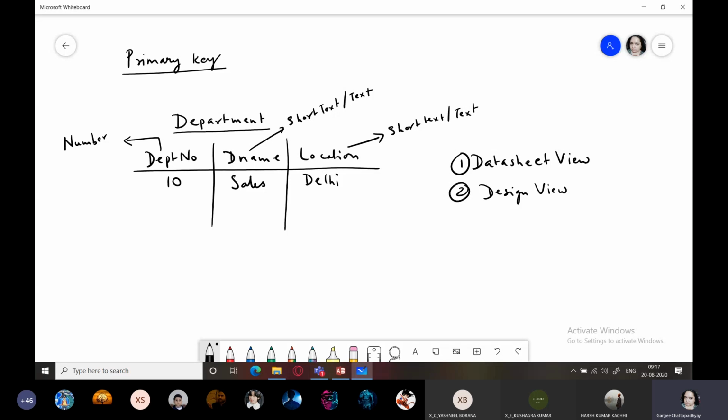In your class, in your school also, each of you might be having something known as ADMNO. Can you tell me what this is? Admission number. Okay. Now, why do you think this admission number is given to you? Why have they provided admission number and scholar number to each of the students in the school?